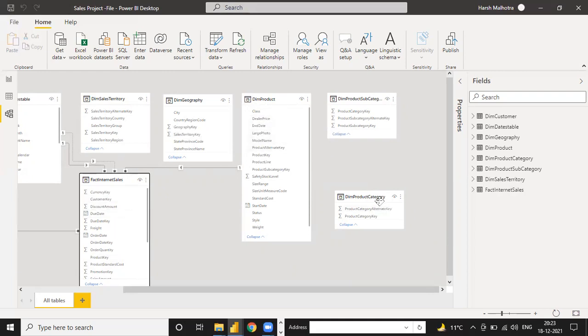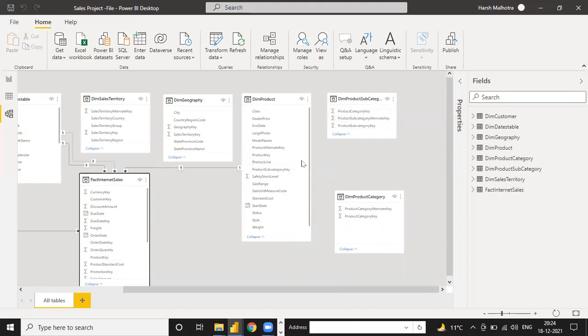But this table is a fact table for this one, because we have a bifurcation of the product. So this product table is a dim table for the fact table, but this dim product category is a dim table for this product table. If you check under this product, you have one column that is the same, which is product subcategory.